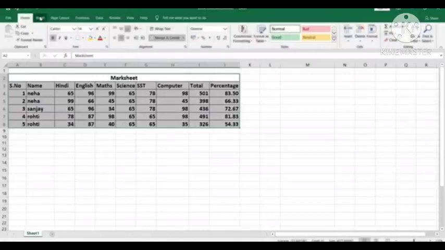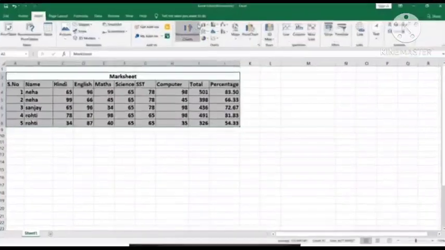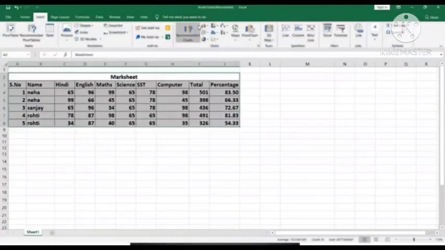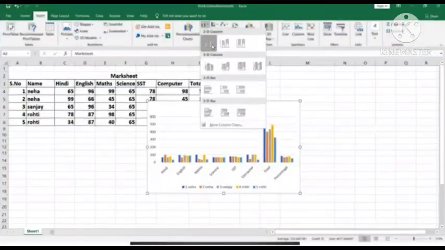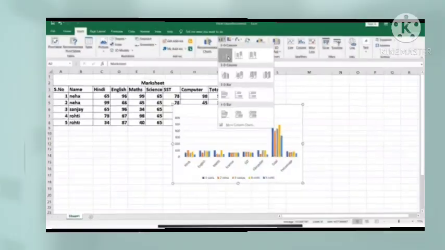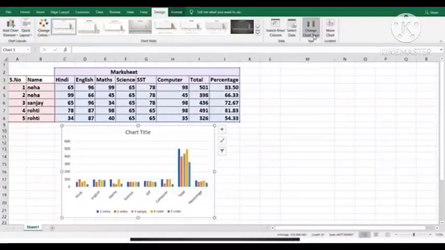Once you select that, you have to click on the insert button. Now you can see up on the menu bar the insert option. You click on it, and once you click on it, children, you will get the chart option. You select the chart over there, and it will show you the various types of chart. So you can select the type of chart you want, if you want a column, a bar chart or any other type of chart, and then you select it. You can get the chart over there.